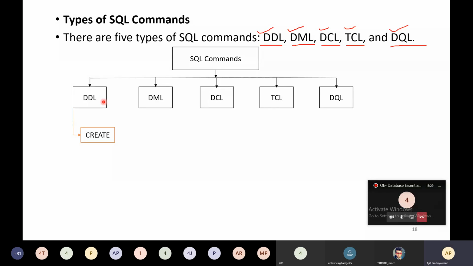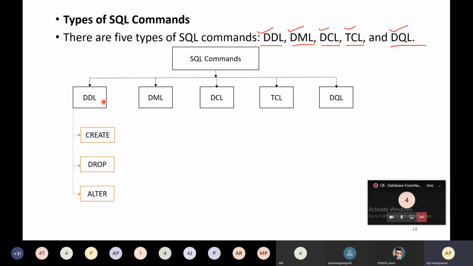This create command belongs to DDL and it is used to create the table. Next is drop. Drop is used to drop the table, and it is again one data definition language statement, or you can say command.